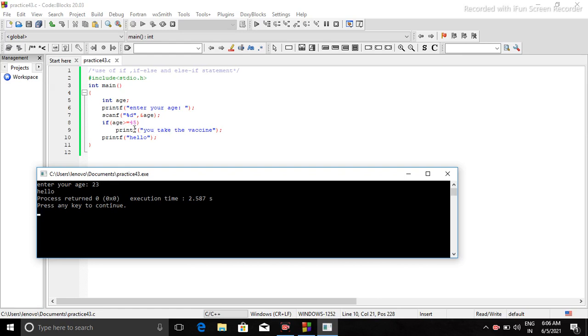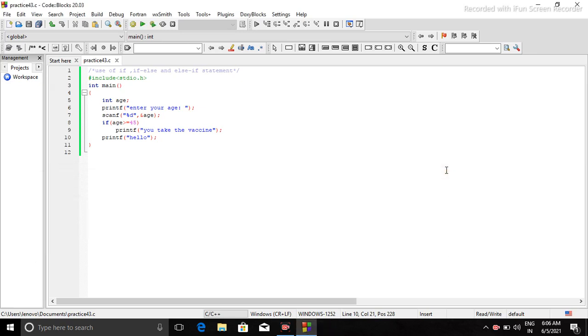The control will move directly to the next statement, and now printf hello means the hello string is printed on the screen. So this is how the if statement works. It checks the condition, and if that condition is true, then the next line will be executed, otherwise it will be ignored.